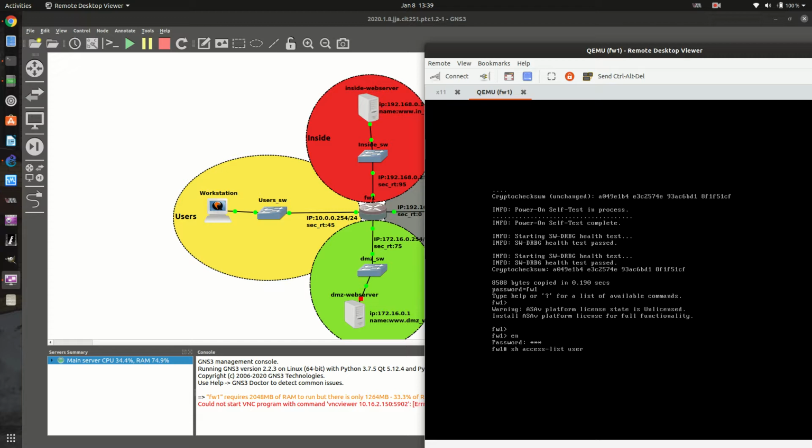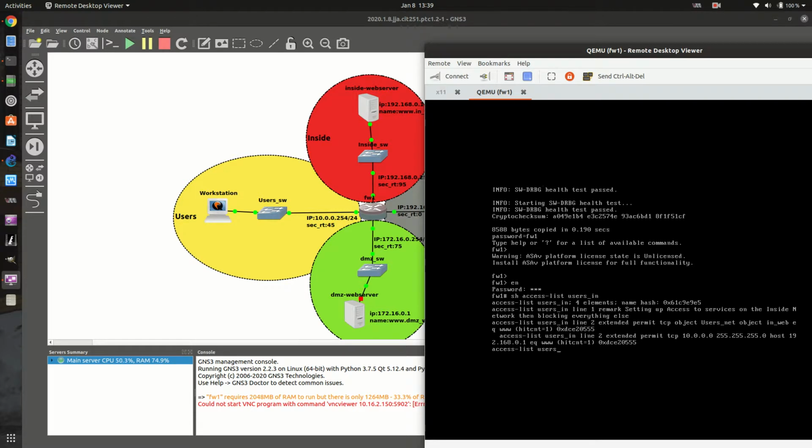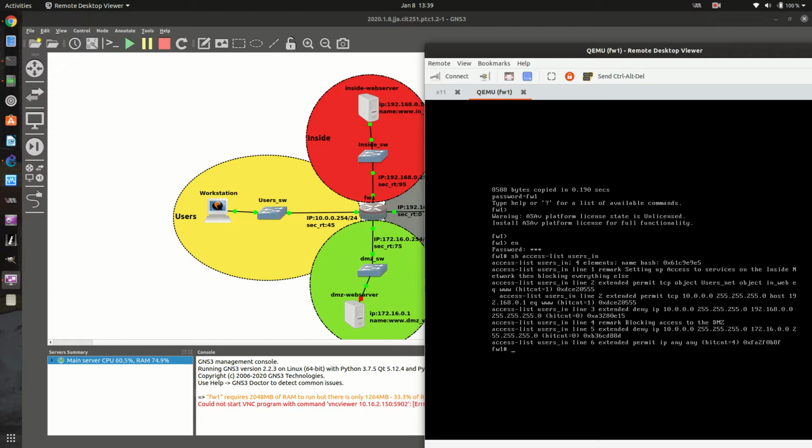What is it? Users in? Yes, users in. So there's my firewall. Or there's my access list for the user's interface. Point is, this is our simulator. You notice your VNC right here. I have to hit Control Escape to get out of this because it's not a